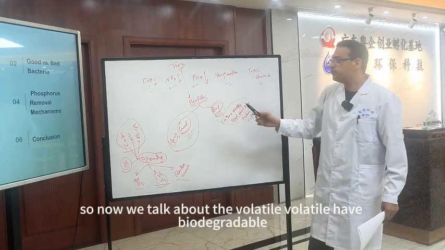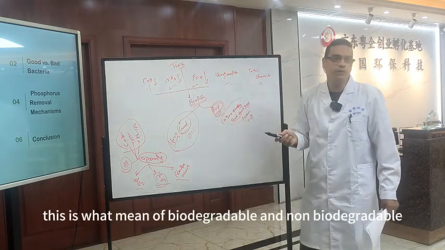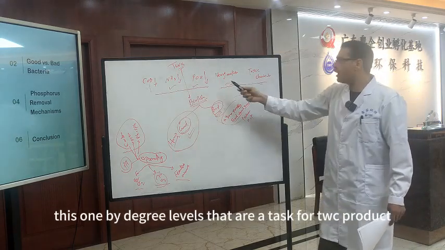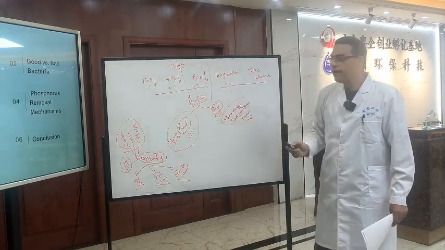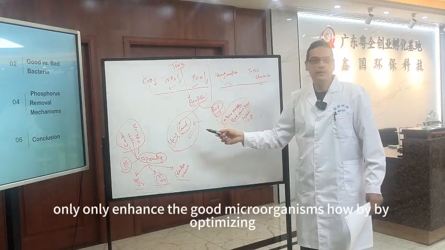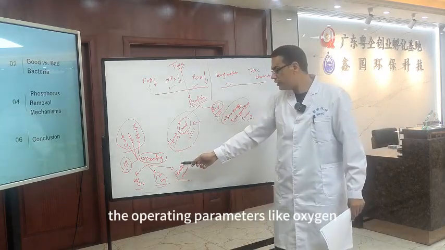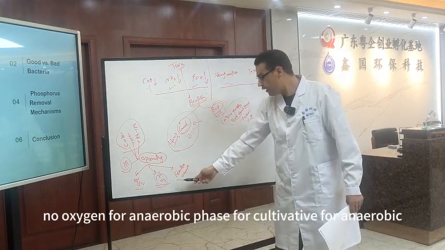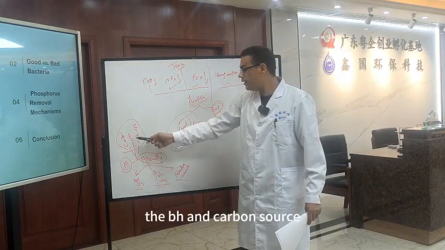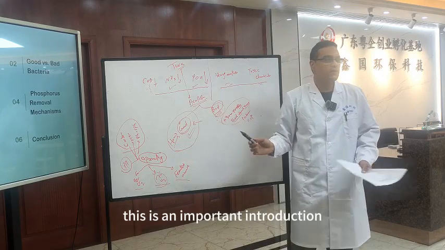Okay, so now we talk about the pollutants. Pollutants are biodegradable, which is what the biofilm addresses, and non-biodegradable. Biodegradable is the task for the TWC product. And biofilm also only enhances the good microorganisms. How? By optimizing the operating parameters: oxygen, no oxygen for the anaerobic phase, facultative conditions for anaerobic bacteria, and adjusting the pH and the carbon source, nitrogen source, and phosphorus source. This is an important introduction